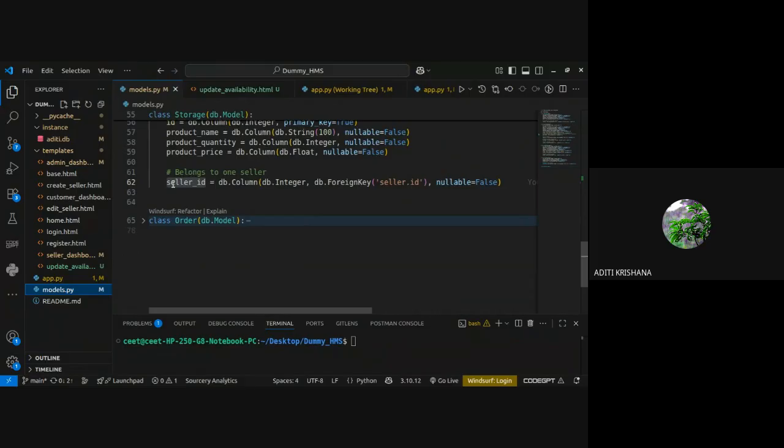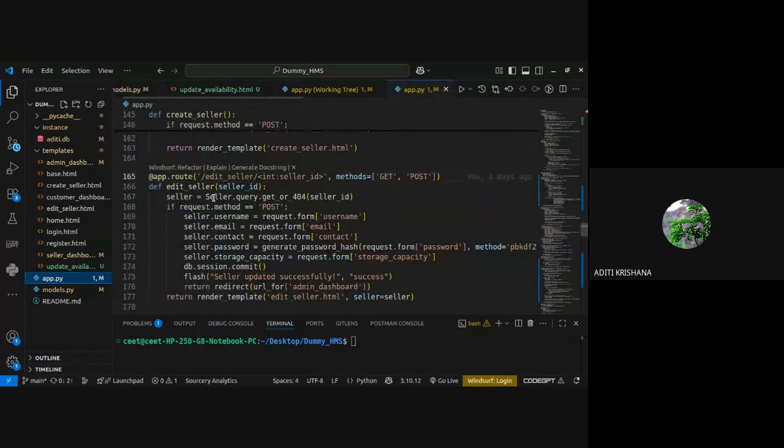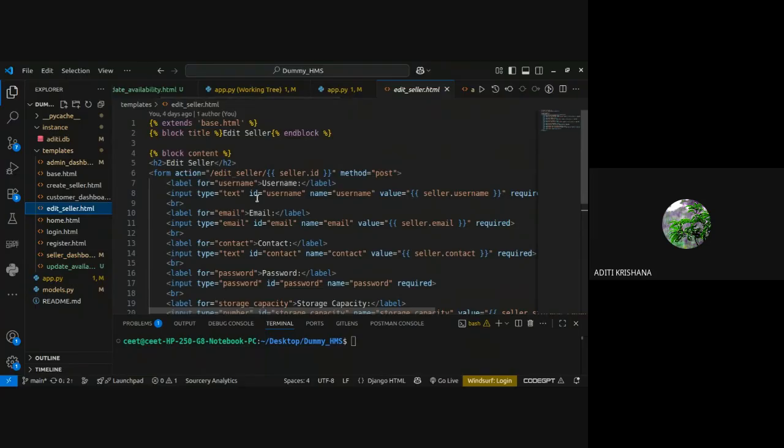Okay. So I have a seller underscore id as a foreign key inside the storage table. Fine. So that I have used inside this. But when I'm going to the HTML page, there is the column name of that table. There we don't use that foreign key, we use the table name and the column name inside the values. Okay, remember this. And anywhere if you struggle or get confused, you can ask me.